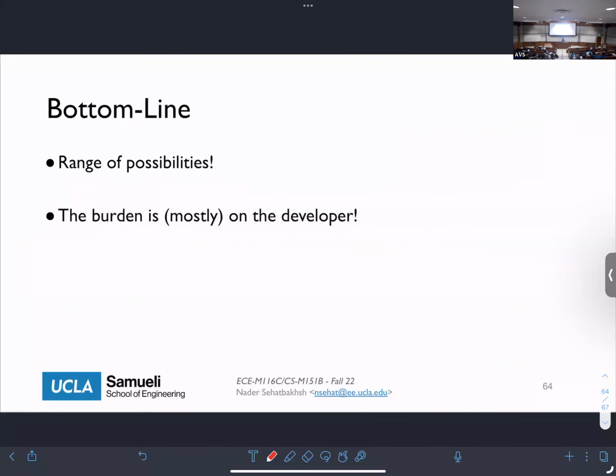All right. So that's it for consistency. There are a range of possibilities for consistency. There are different memory models, and there are a whole bunch of different synchronizations. You have to understand all these and be able to combine all of them. Sometimes you need fences, sometimes you need locks, sometimes you need to know your memory model, and sometimes you need to add barriers and locks and fences all together. All right? So good luck.